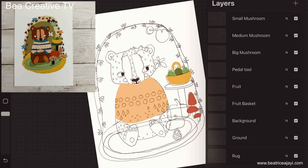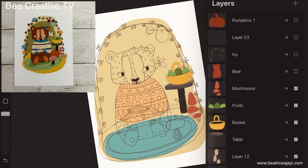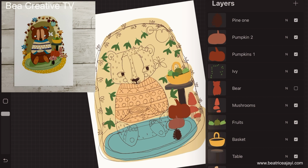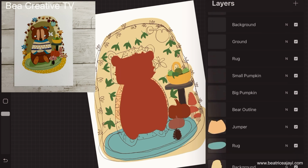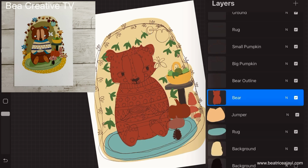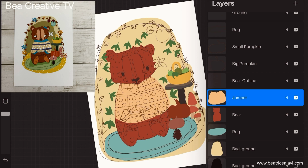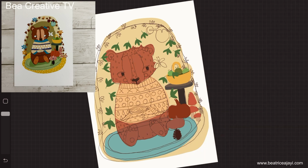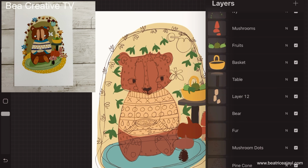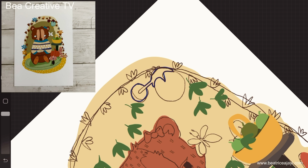So yeah, I've been enjoying creating a lot of characters recently, and I've finally come up with a way to approach telling stories as well as adding my characters and making it in a uniform way. I'm really enjoying it. And at the beginning you would have seen Timothy Mouse as well, and I think it's Henry Badger and Freddie the snail as well before that. So here I thought I would just share some of my